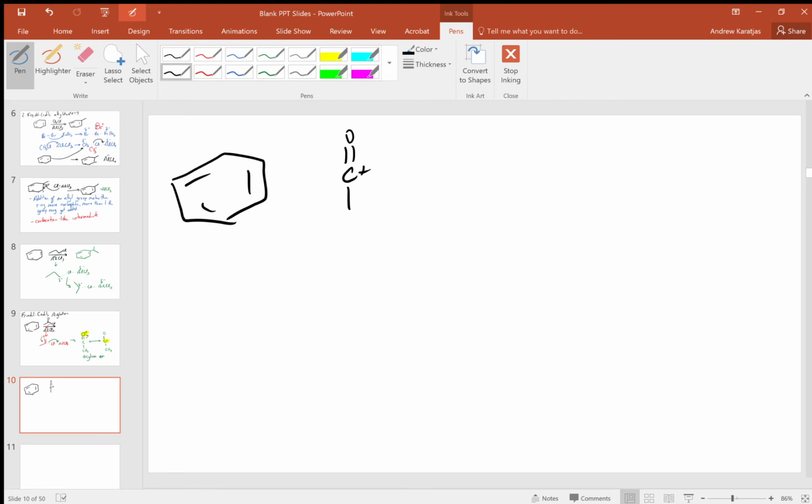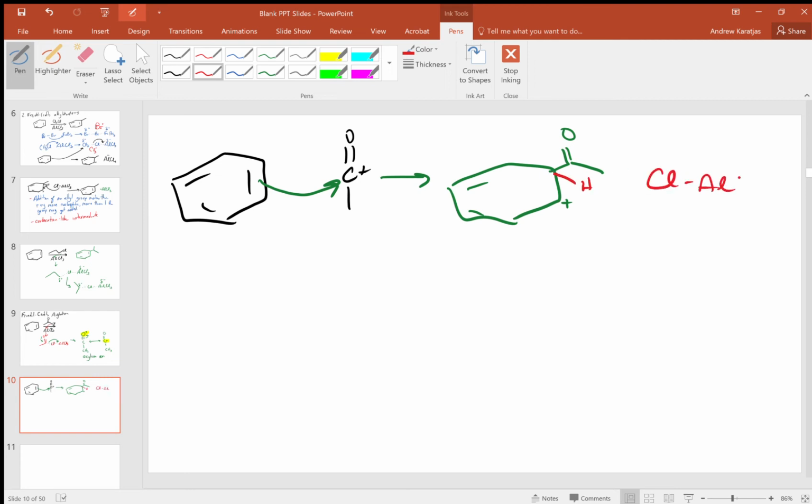So nothing all that interesting going on in these next two steps. Aromatic ring attacks the electrophile, and we form our sigma complex. And then just as it did in the alkylation, the AlCl4 minus grabs the proton, electrons shift down, and we regain aromaticity. Now, in the alkylation reaction, we were done at this point, but not in the acylation,